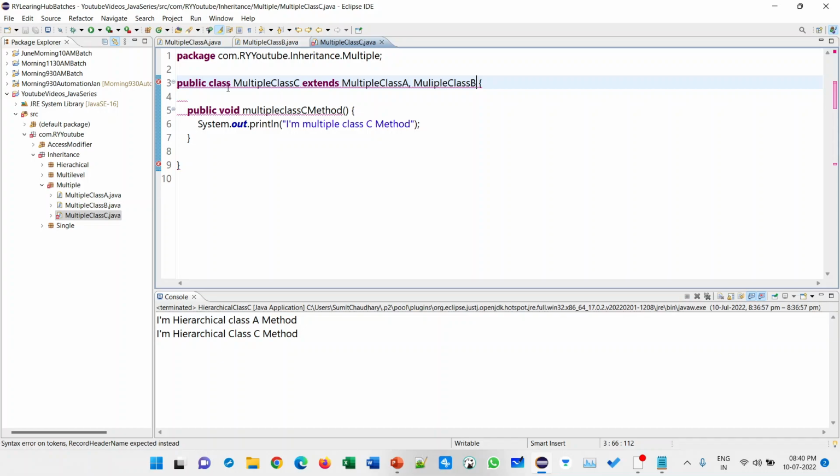I will explain this concept with the interface. So for now I am leaving this method here, and hierarchical also.